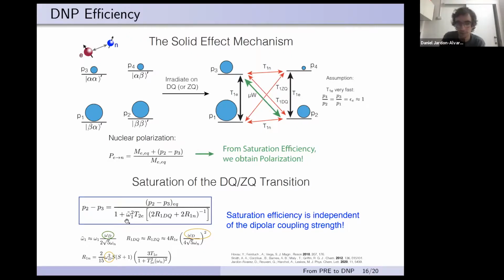But note that now the nutation frequency is actually the effective nutation, which is scaled by the dipolar coupling strength over the Larmor frequency, and then times the transverse relaxation time times the longitudinal relaxation time. And here we have to take into account all possible relaxation pathways that are trying to counteract our efforts to saturate this transition. And then we were looking at this equation for a while, and then we realized that actually